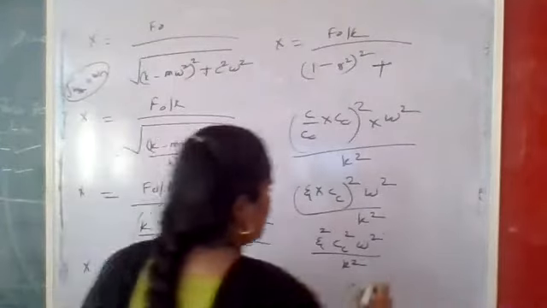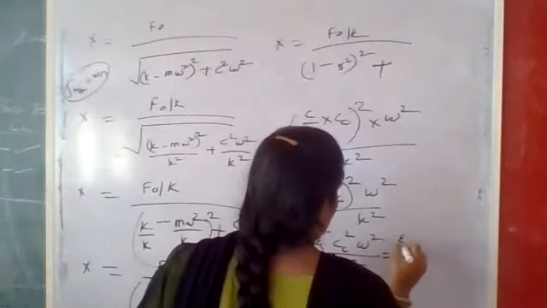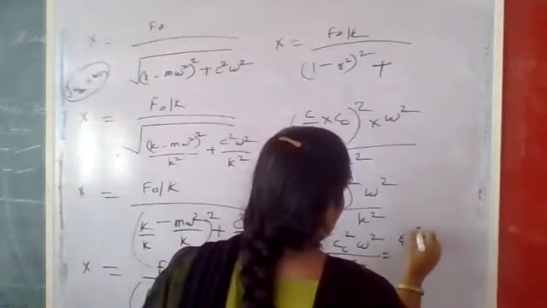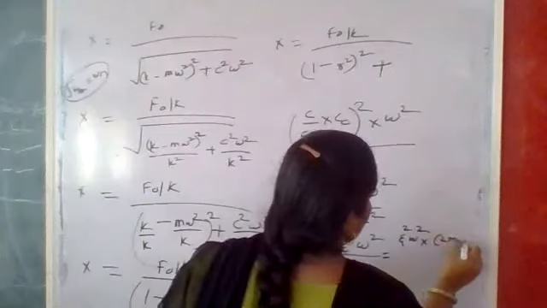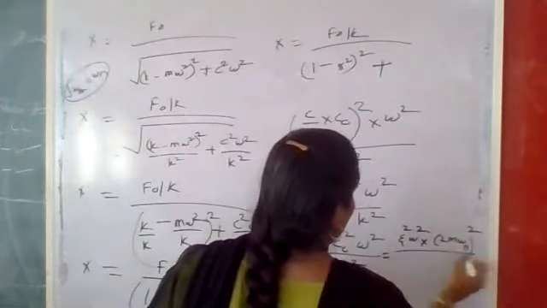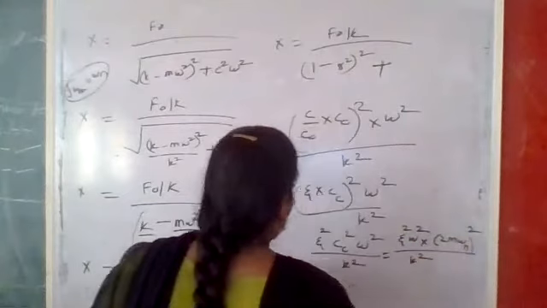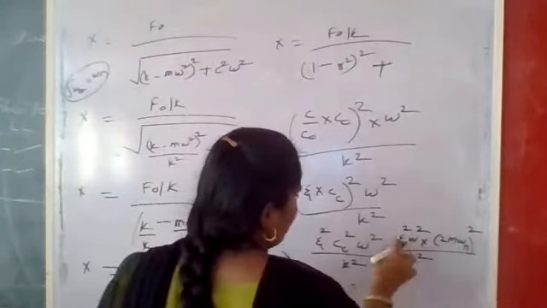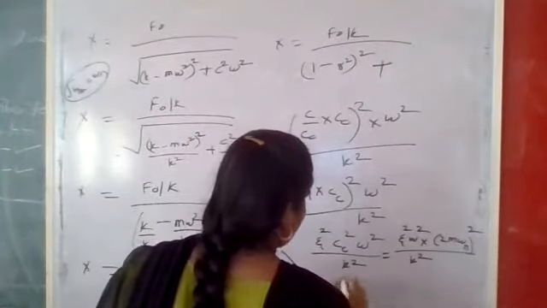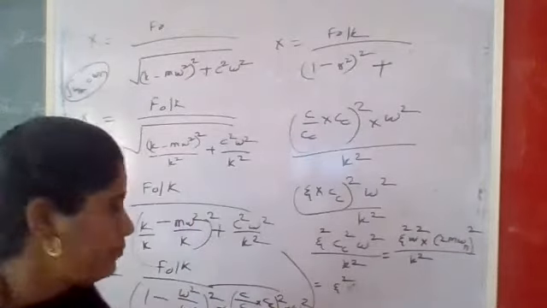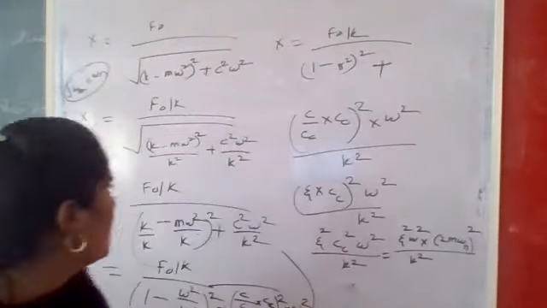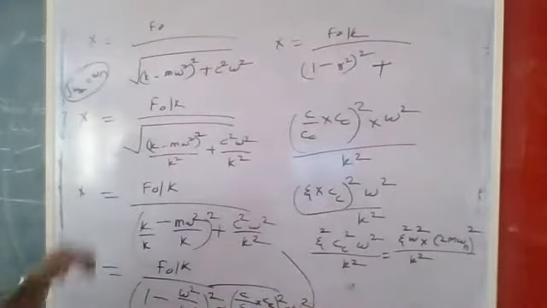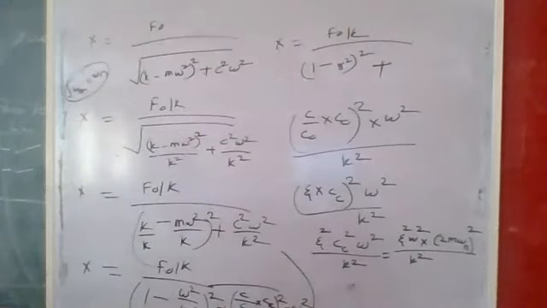So all of you write down this formula: zeta square omega square into cc. What is the formula? That is twice m omega n, bracket square, divided by k square. So what is the remaining term? You can write here zeta square, same as it is. Up to this all of you write down, maybe I don't have space here. Up to this all of you write down and we'll clear this. What will be the value?